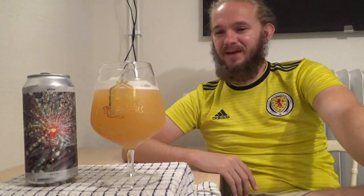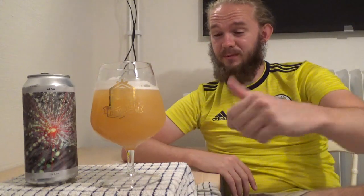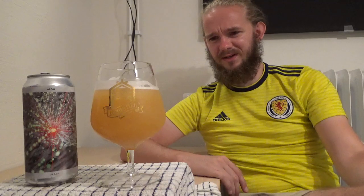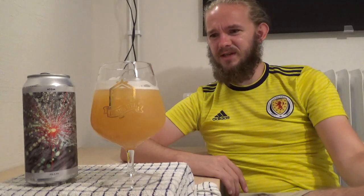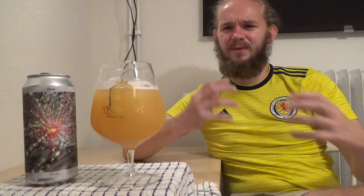That's another really pretty damn good New England IPA, I have to say. Thumbs up to Gamma Brewing for this one. Not surprised at how good the beers are that these guys are producing. You know, this is really good stuff. I like this. This one, interestingly, I like how the hops in this are going together, because, you know, all